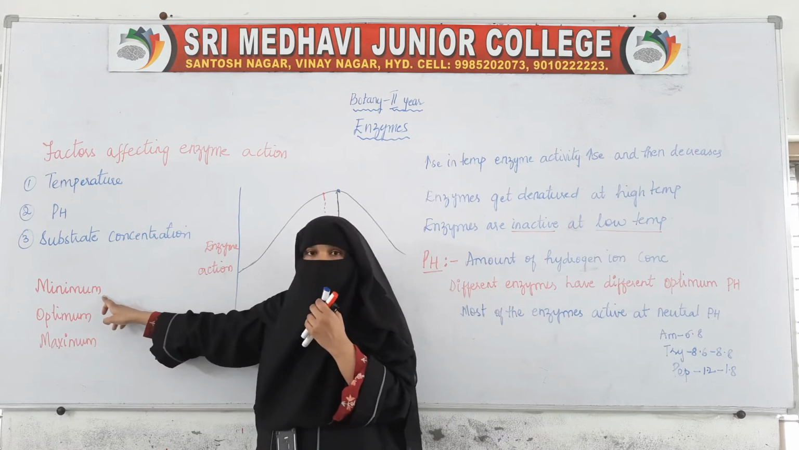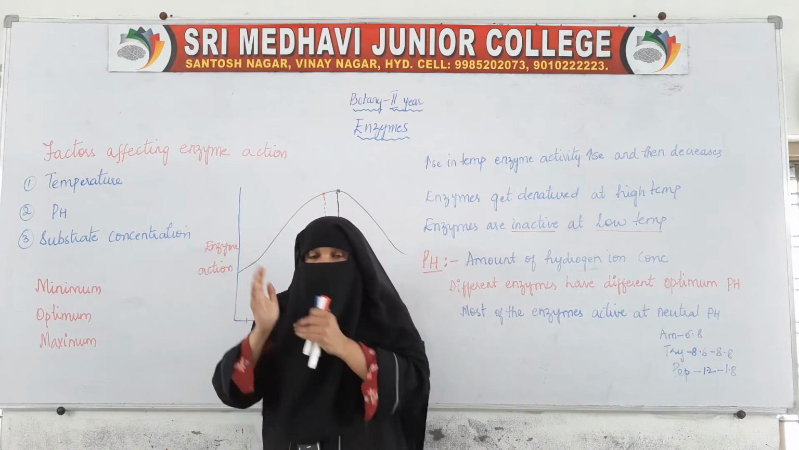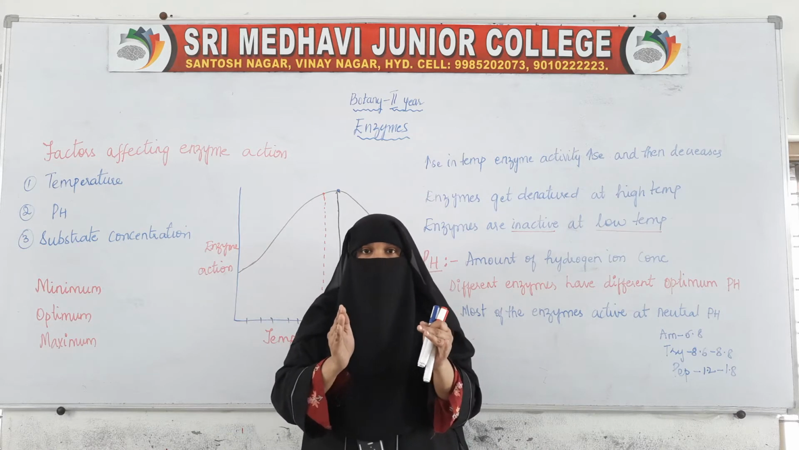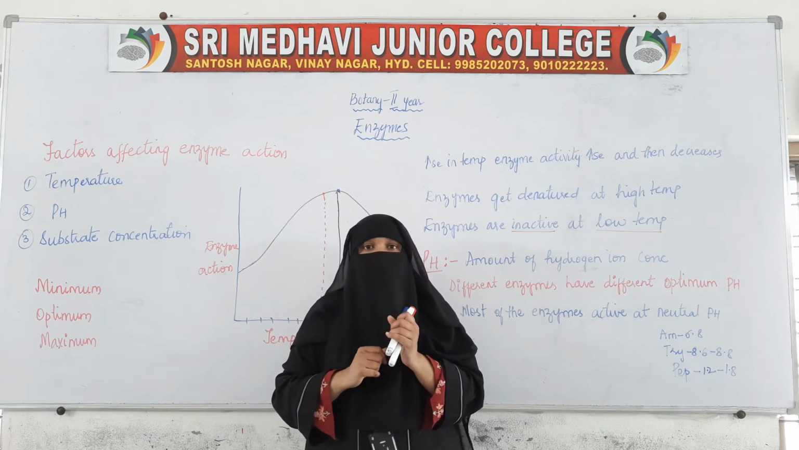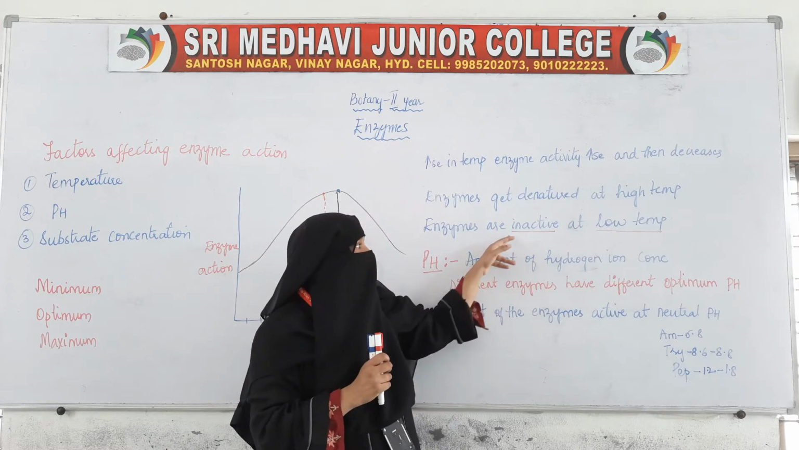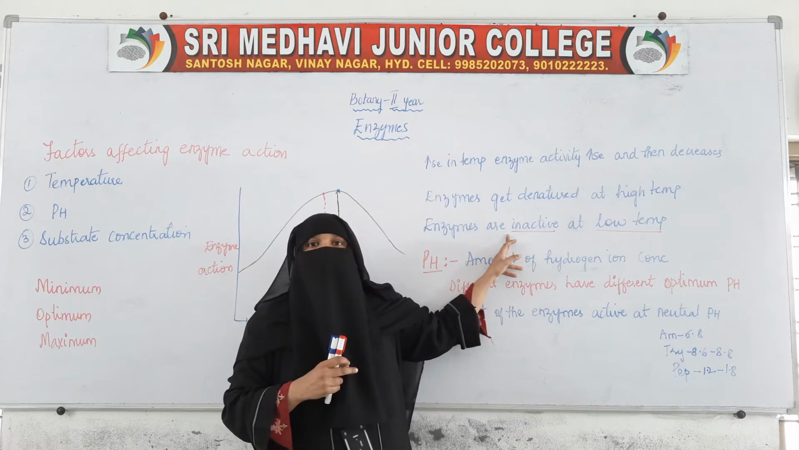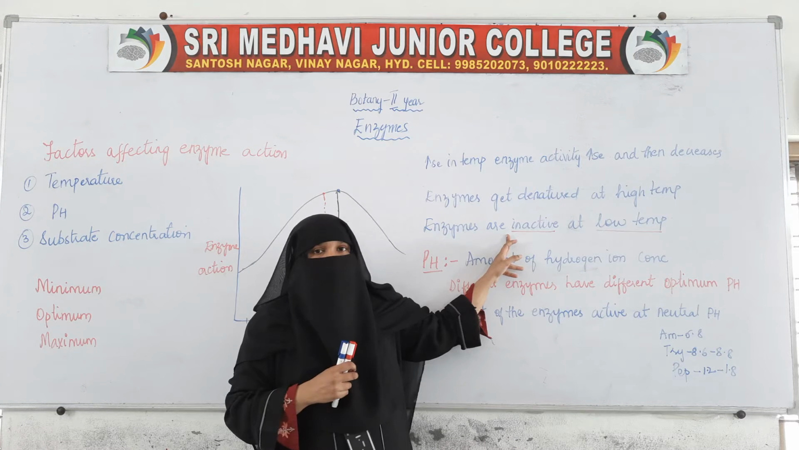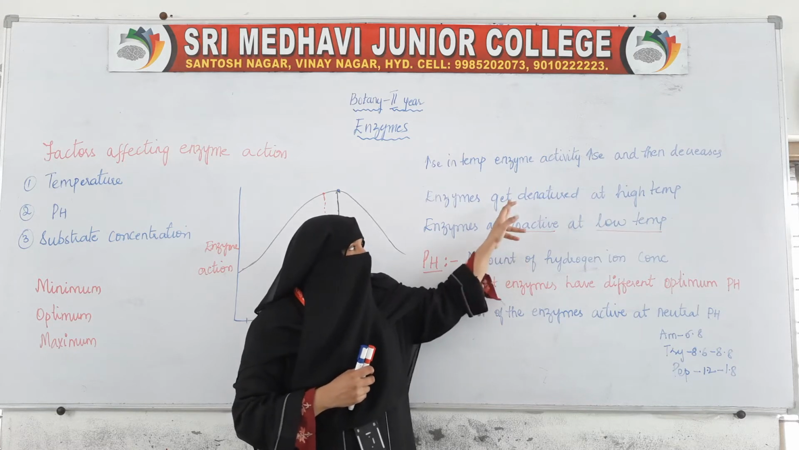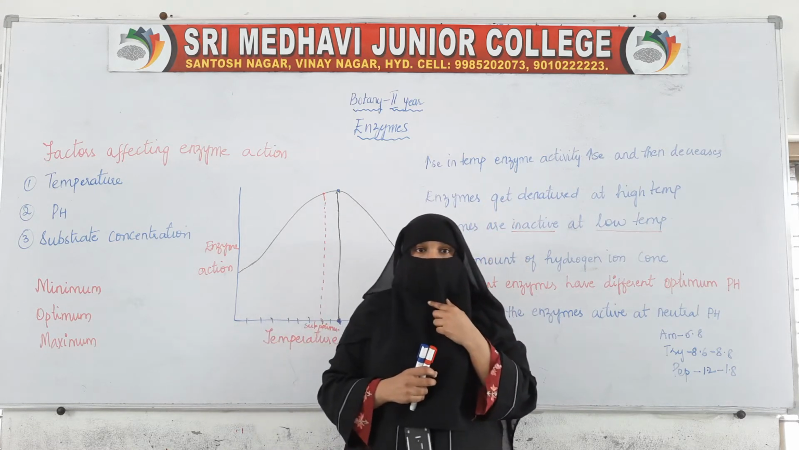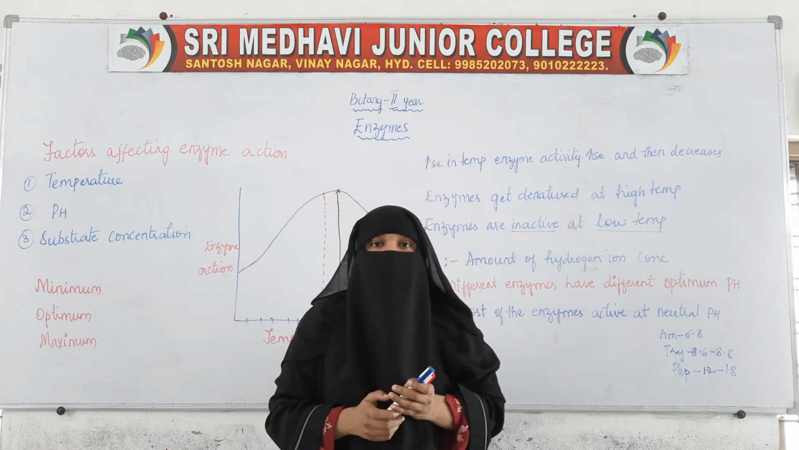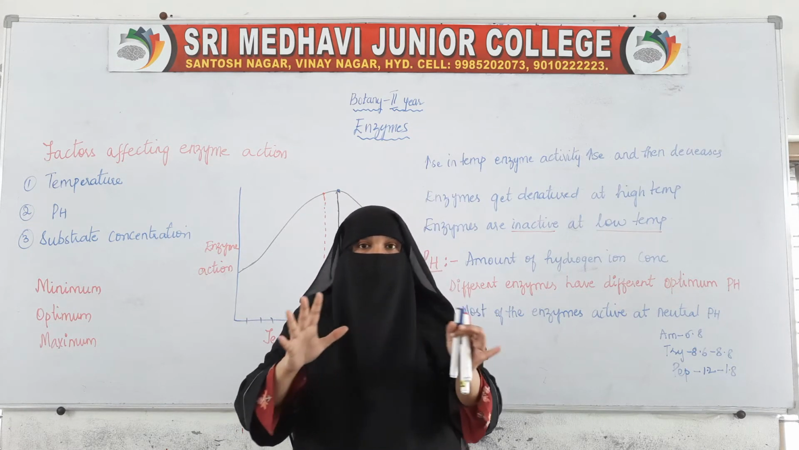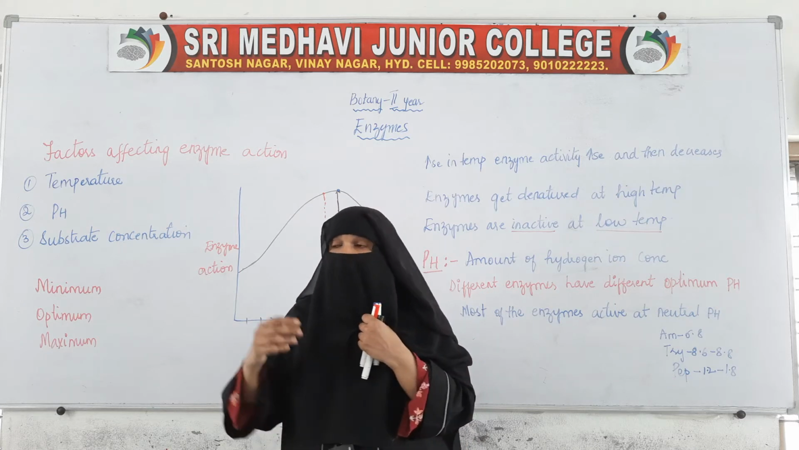This is the minimum temperature. 10 should be the minimum temperature. Below 10 degrees means it is very low temperature. At very low temperature, the enzymes will be inactive. The enzymes will become inactive at very high temperature also. At very high temperature the enzymes will be denatured, enzymes will be broken, because we said that most of the enzymes are